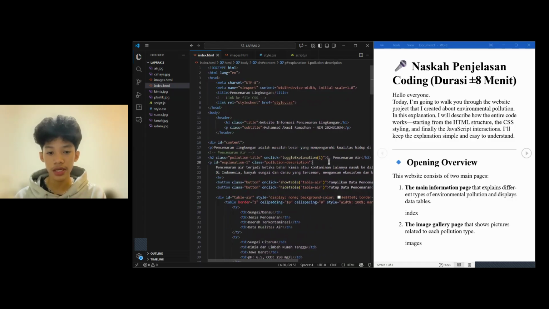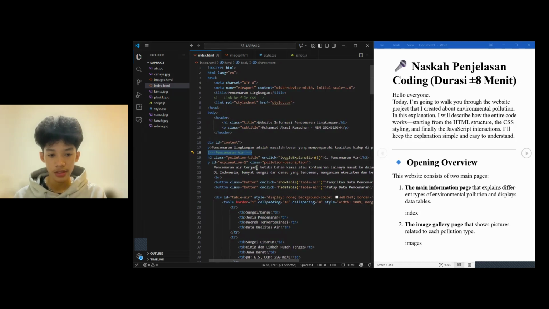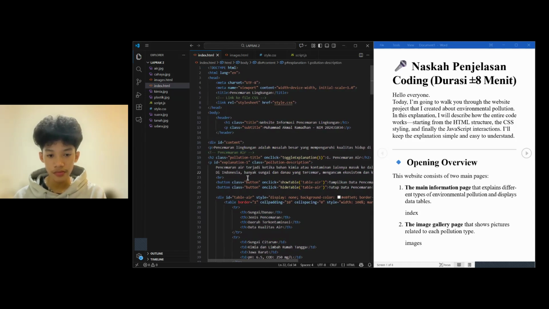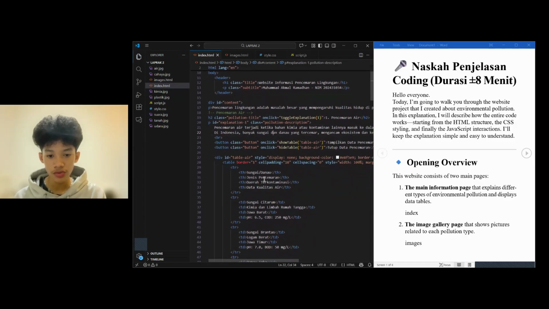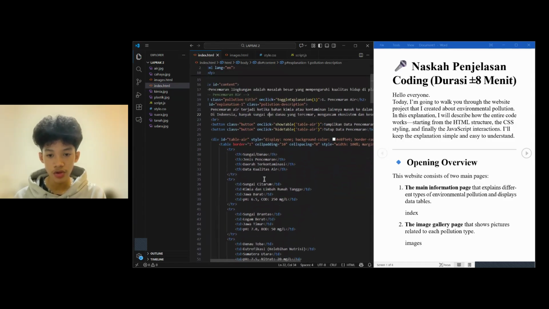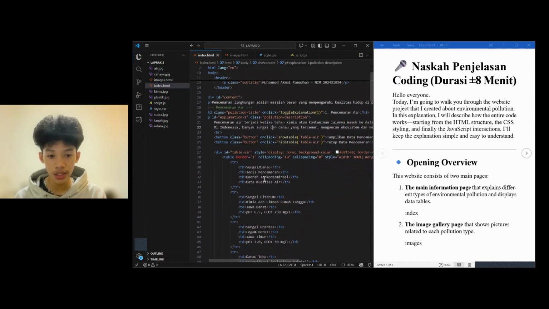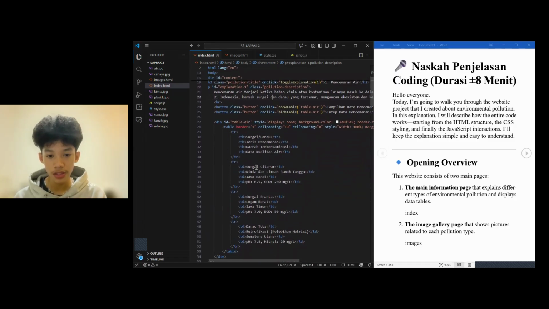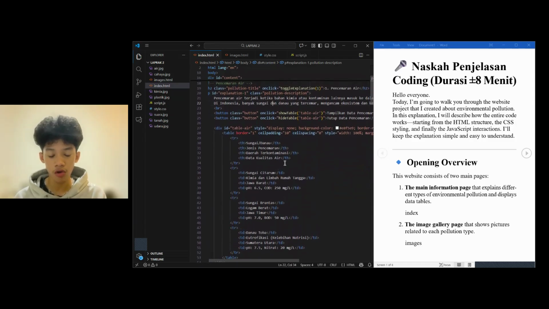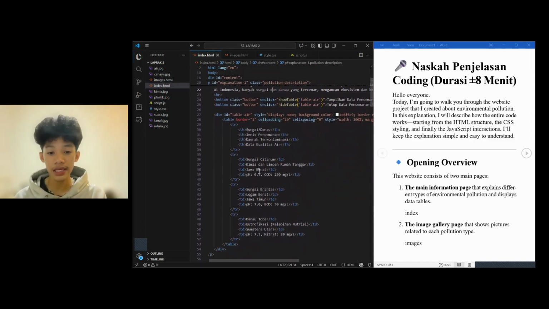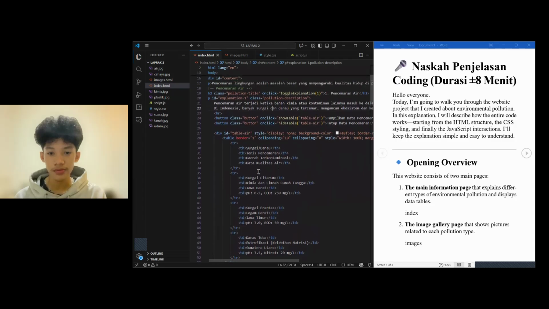This is the title. And this is to show the user about the title: sungai atau danau, jenis pencemaran, daerah terkontaminasi, data kualitas air, dan sebagainya.